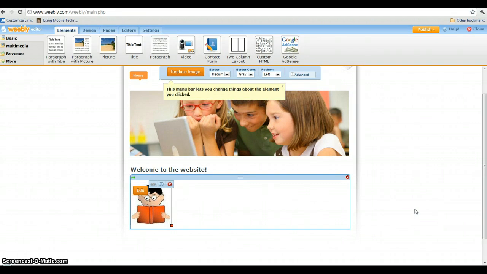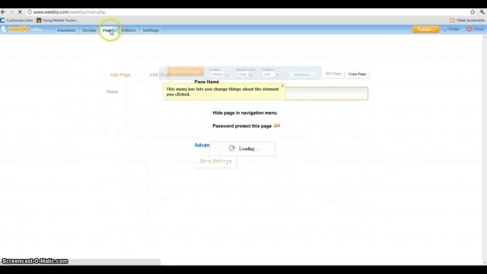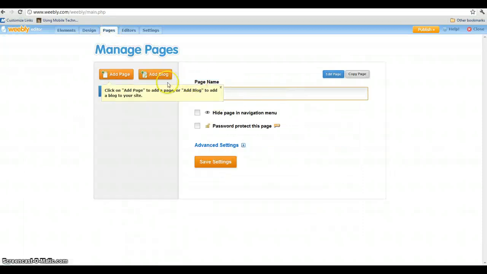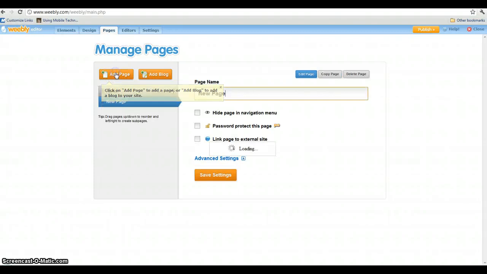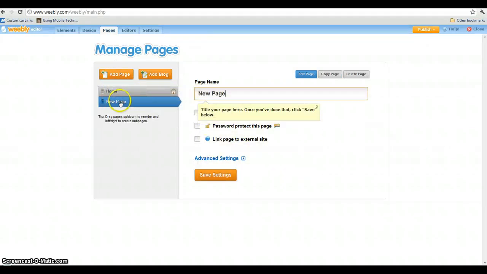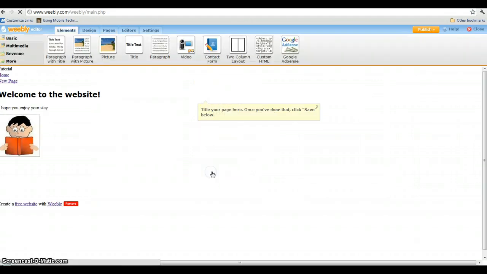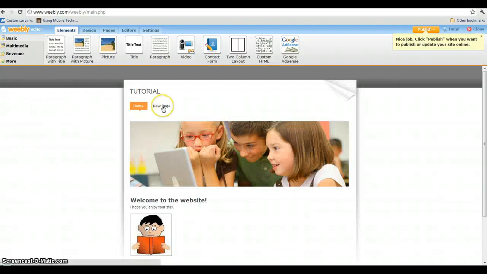So the next thing we need to do is create a course description page. To do that, we need to come up to the Page tab, and you can see here the option to add a page. So I'm going to click on Add a Page, and you can see here I have a new tab. What that means is that it will create a new tab on the menu bar on the home page. So I'm just going to leave it as New Page. I'm not going to change anything, and you'll see when I save,